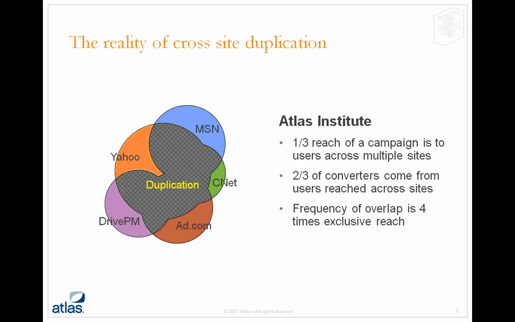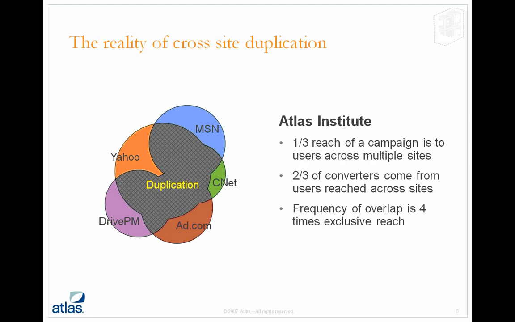So if you think of somebody doing a really big campaign, a lot of the time 50% of their reach was overlapped, and 90% of their conversions were coming from users across multiple sites, and the frequency was much higher. Now, if you go to our website and read this research, you're going to see us talking to advertisers about how to manage this and what it means for brand advertisers and direct response advertisers. But what it means through the lens of conversion attribution is a little bit different.